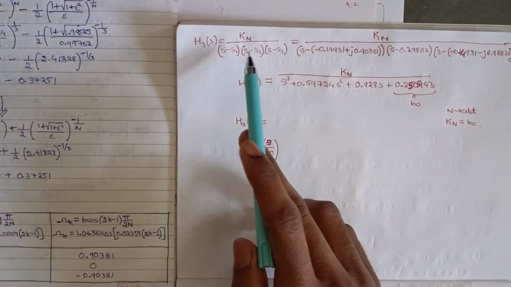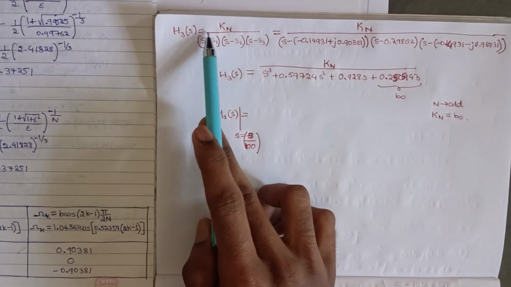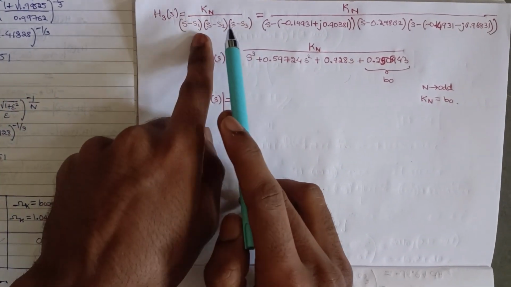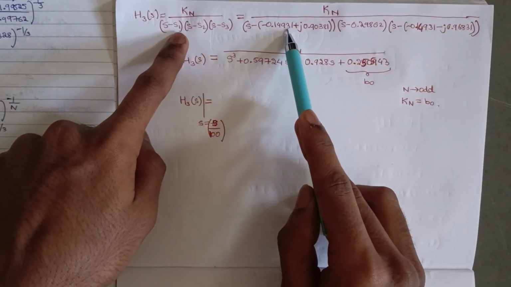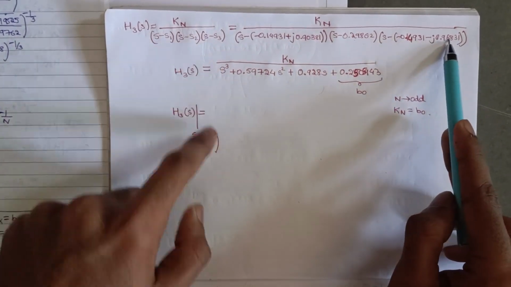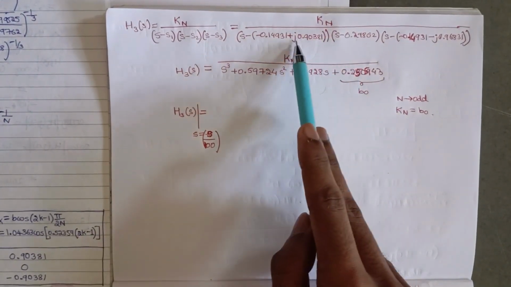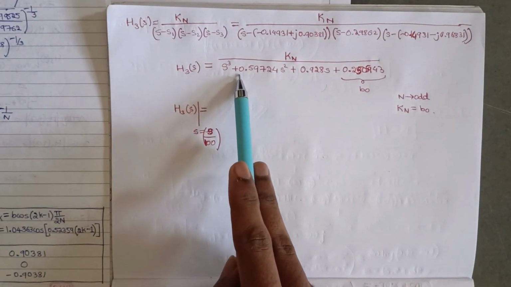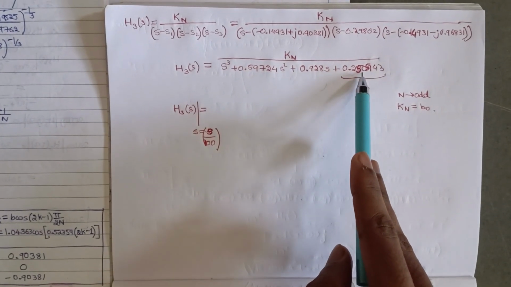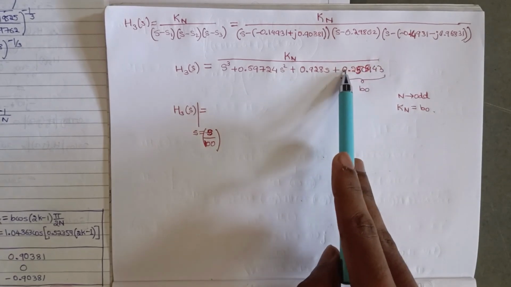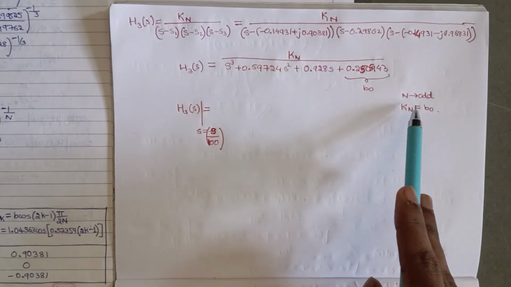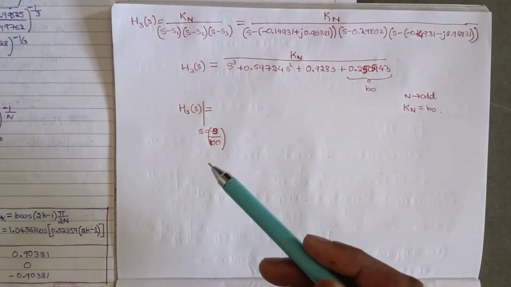Substituting these S1, S2, S3 in the formula, the transfer function H3 of S is equal to Kn divided by (S minus S1) into (S minus S2) into (S minus S3). From the table, S1 is minus 0.14931 plus j 0.90381. Similarly, S2 and S3 are substituted. After applying polynomial multiplication for the denominator, we obtain S cube plus 0.59724 S square plus 0.928 S plus 0.2505943. The constant term obtained is B0. Since n is odd, the numerator Kn is equal to B0. Hence the final transfer function becomes